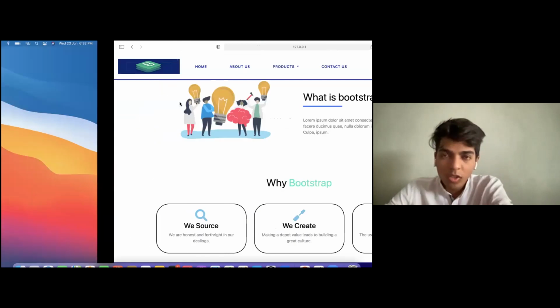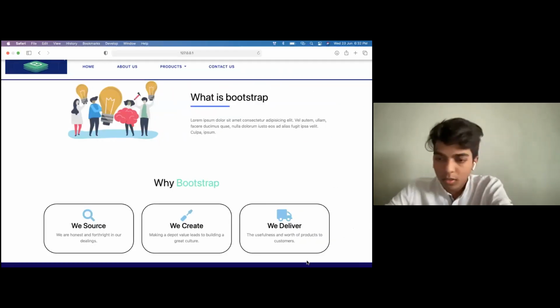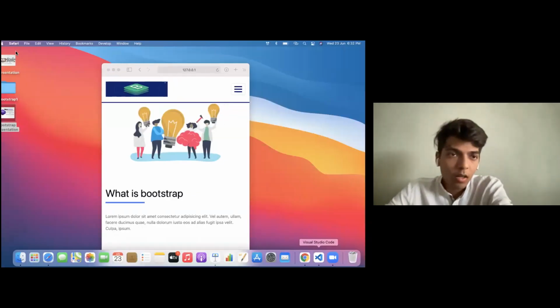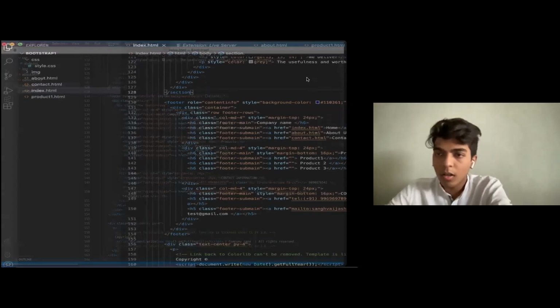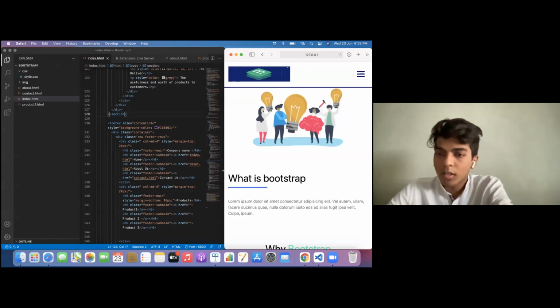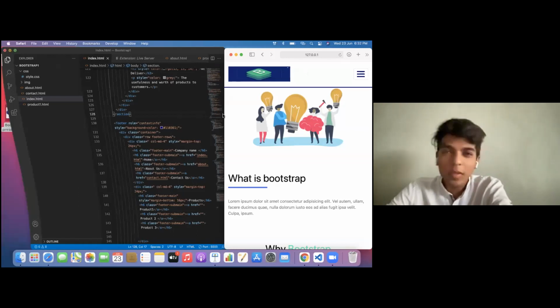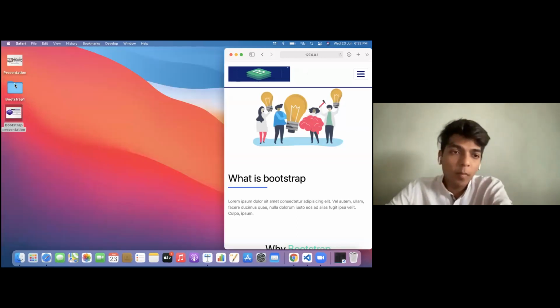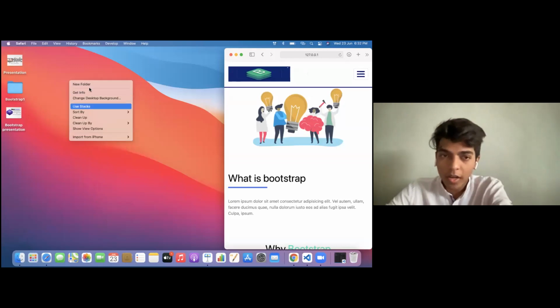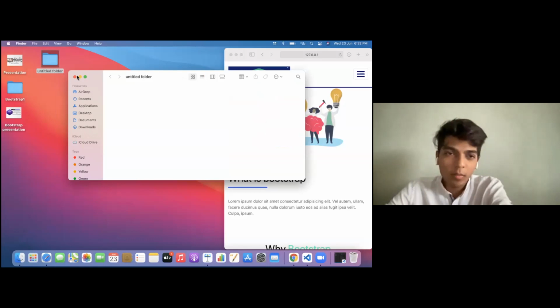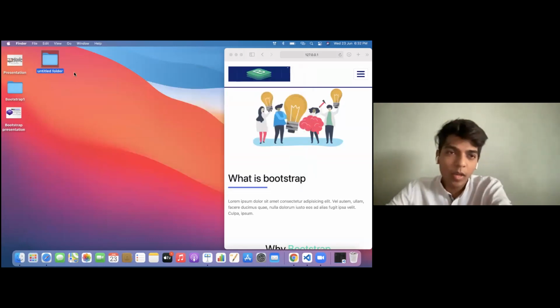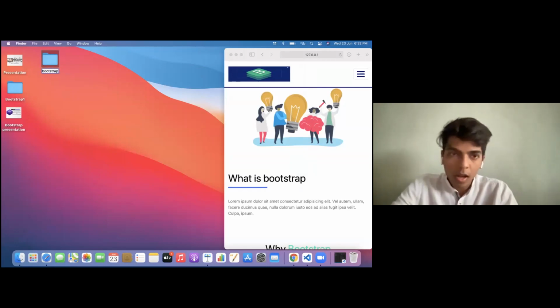Okay, so we'll jump to the code. So whatever we do, we can see it. Just a second. Okay. So basically, let me go from scratch. If you have the boilerplate on your desktop, firstly double click on your desktop, create a new folder, and name that folder. I'll suggest you name that folder Bootstrap. Let's say boot. Yeah, okay.